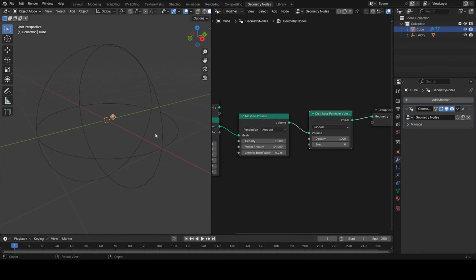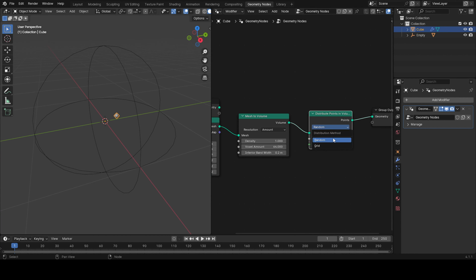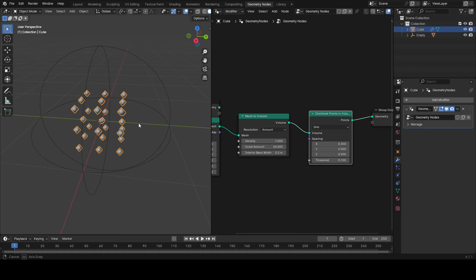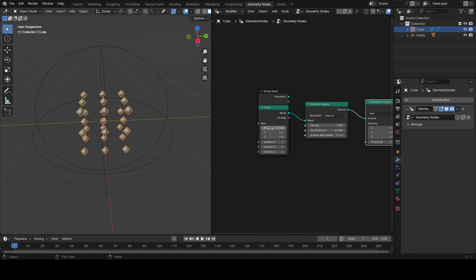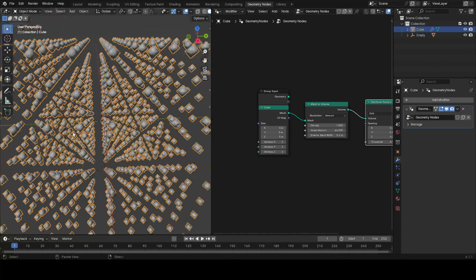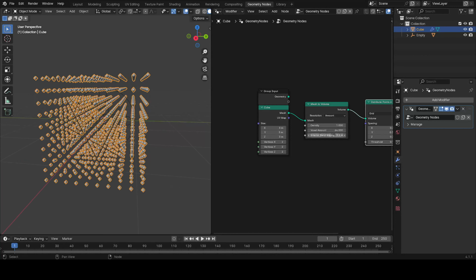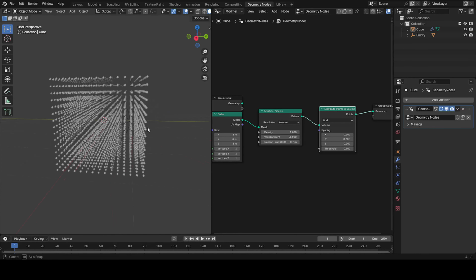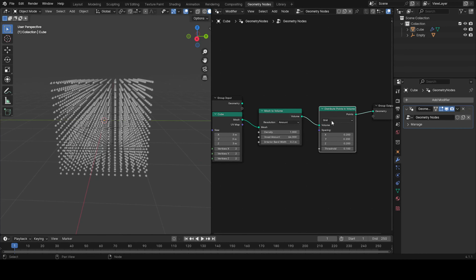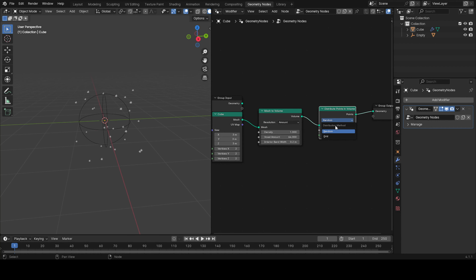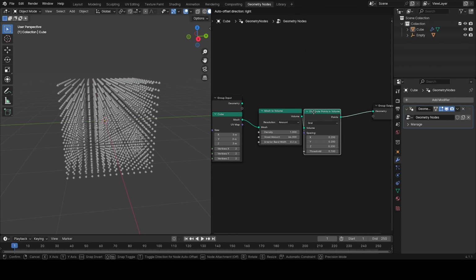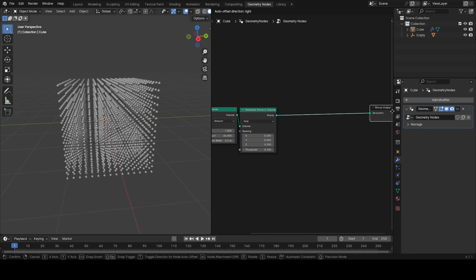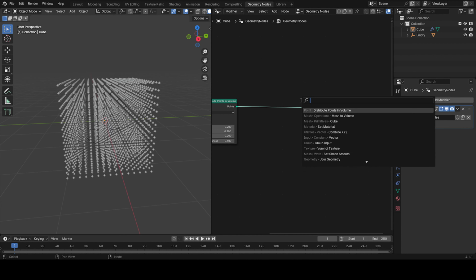So as you can see, it's not looking that good right now, but if we choose grid, it starts to get better. So I'm just going to scale this up, maybe to like 3 or something. Yeah, I think 3 is good. And then I think I'll just make the spacing a little smaller, like this. If you don't like the grid, you can choose random. It's still going to work, but grid looks way better in my opinion. Okay, so now what we're going to do is add it. So we're going to set position